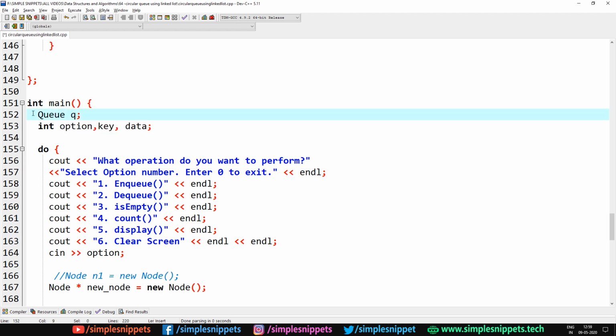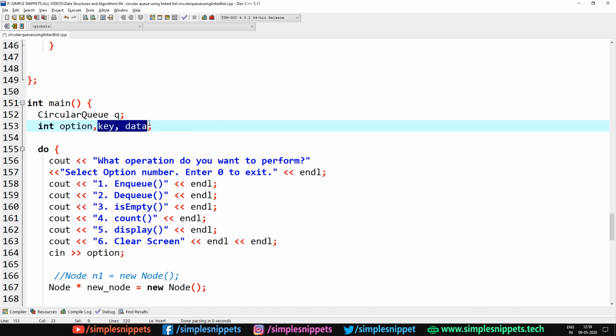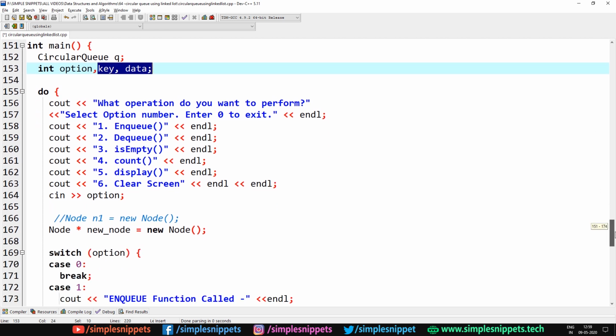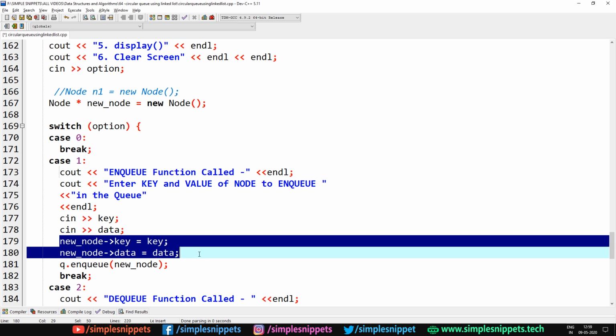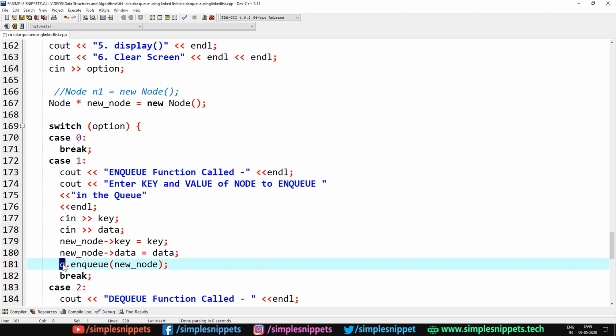And this is the queue object. It has to be circular queue, because we've made it circular queue, right? We've changed the class name. And the key and data are these two variables that we create, and that is what we are taking from the user, storing them in this new node object, and then we will say queue.enqueue and we will pass this